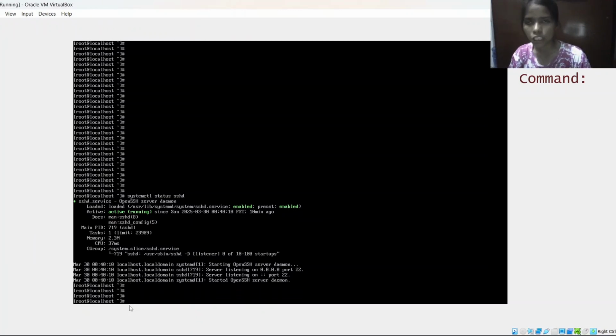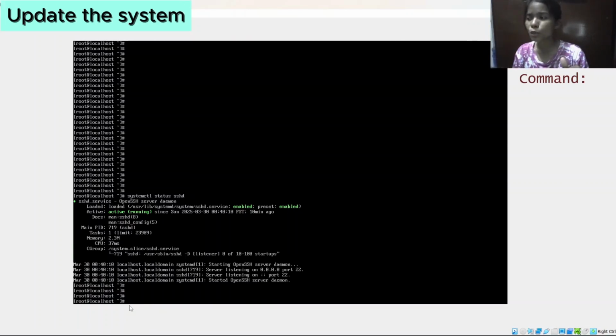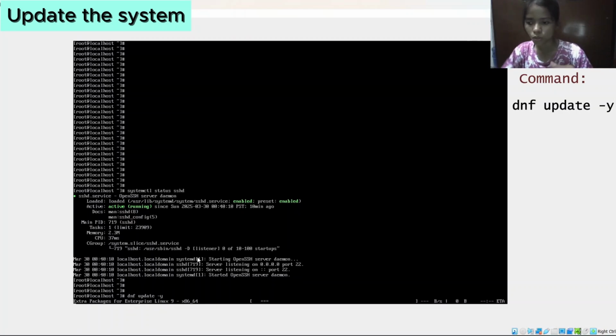Now let's continue with updating and installing the MariaDB database server. To update, all we have to do is run the command dnf update -y. This may take quite some time. So while waiting for the updating,